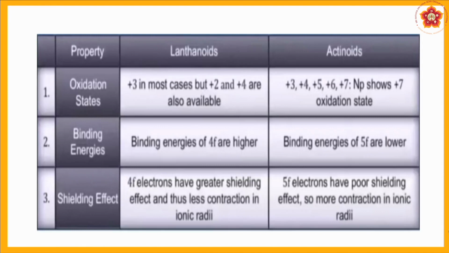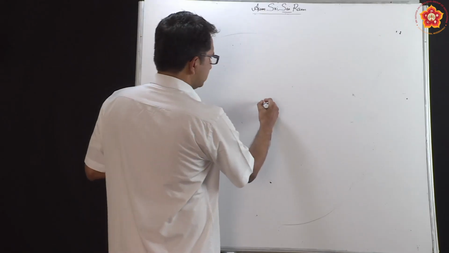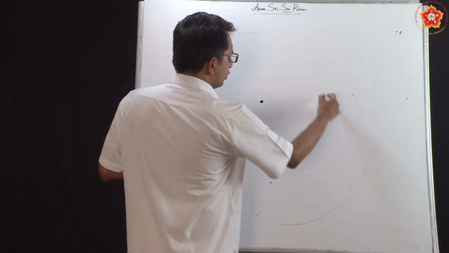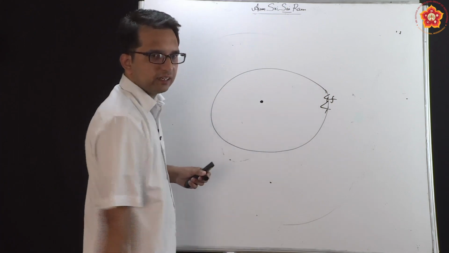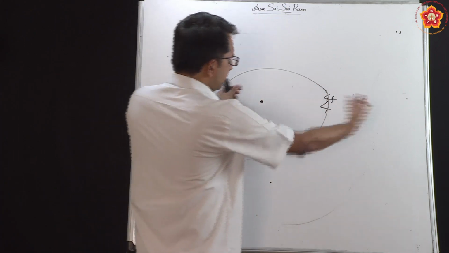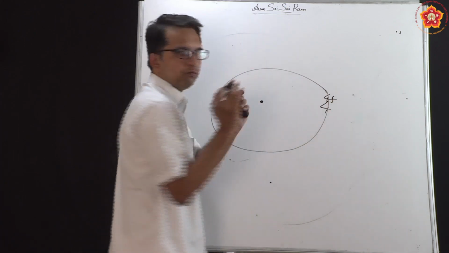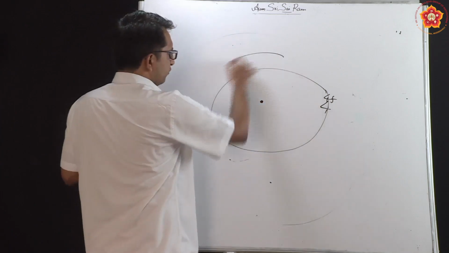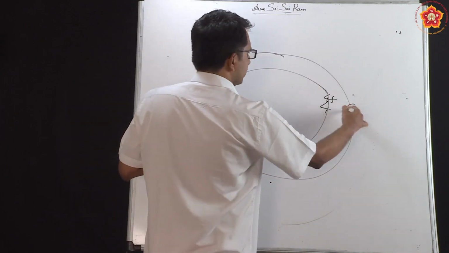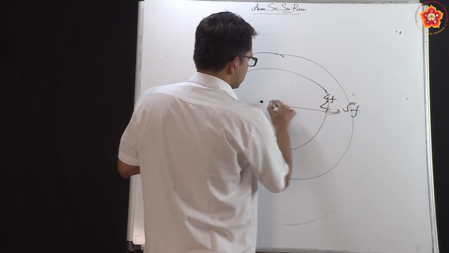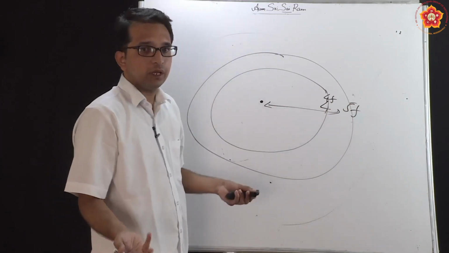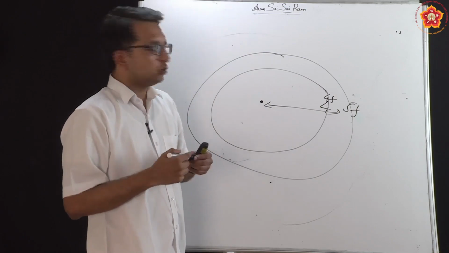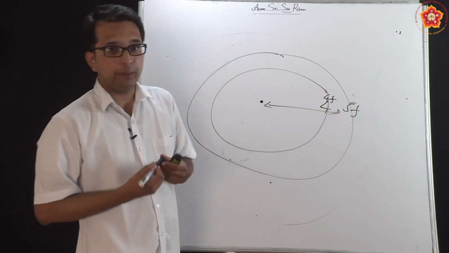Reason for this? The reason can definitely be attributed to the fact that with this nucleus, in the 4th orbit you have this 4f orbital, which means that they are a little near. So naturally the binding energy between the nucleus and this electron will be strong. 5f is outside the 4f, so with increase in distance, the energy required to bind these electrons also will be less because of lesser attraction. So that is why 4f binding energy will be pretty high.